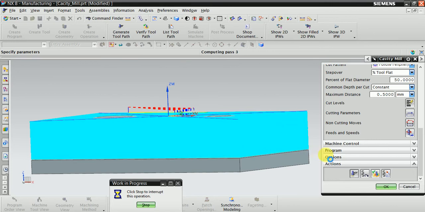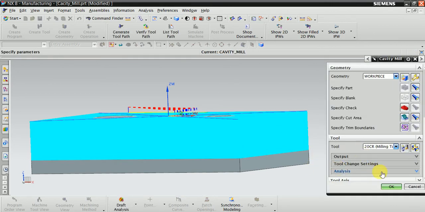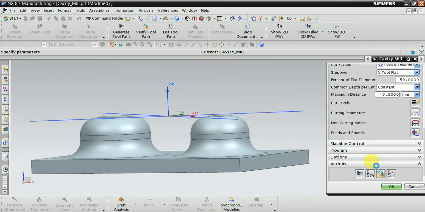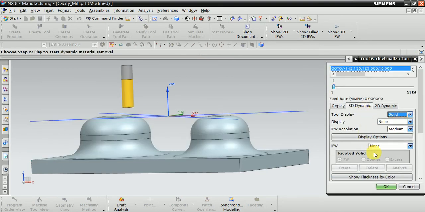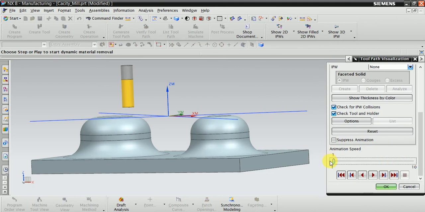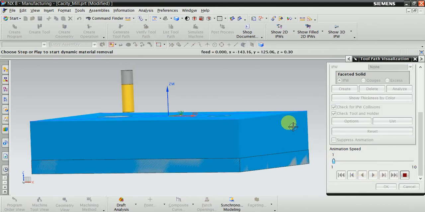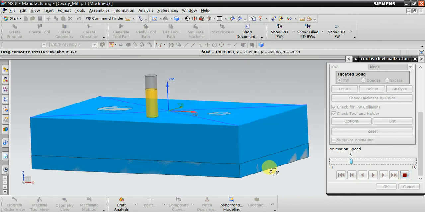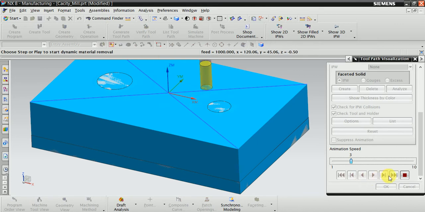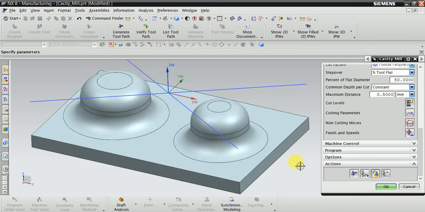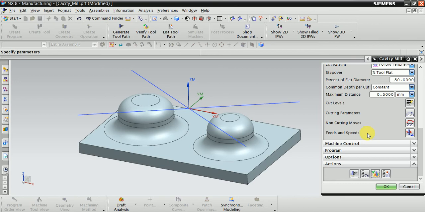Now you can see here, simulate this. Increase the speed. Now remove the material. Okay,